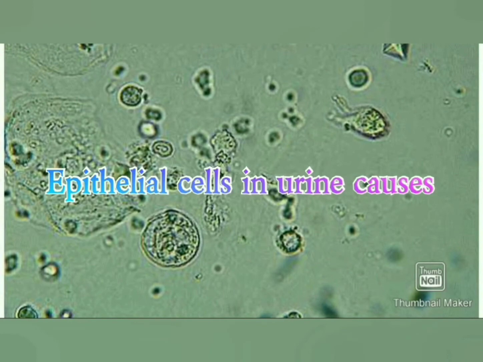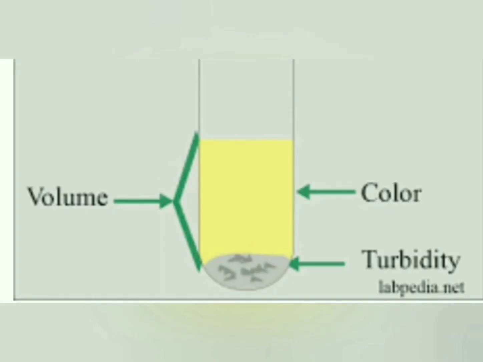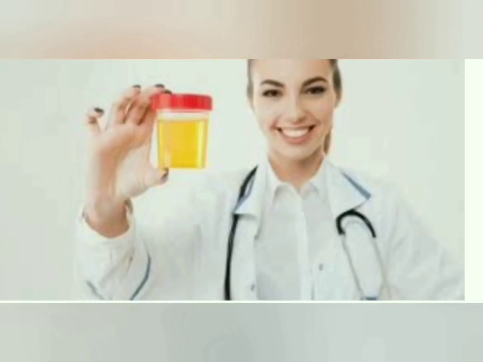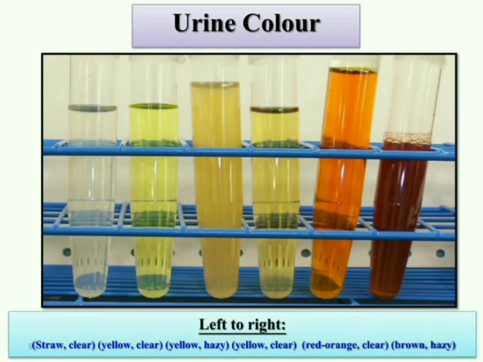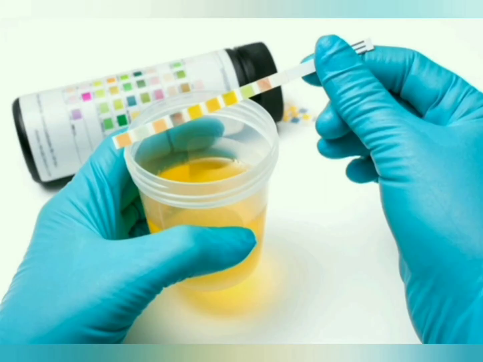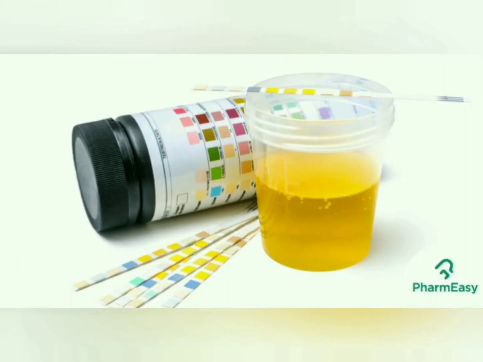First, we will know what crystals in urine are. Different chemicals are present in urine. When these chemicals collect in urine or kidneys, they solidify and can cause crystals in urine. Specific crystals can become kidney stones. In urine microscopy, these different types of crystals help us to diagnose kidney stones.